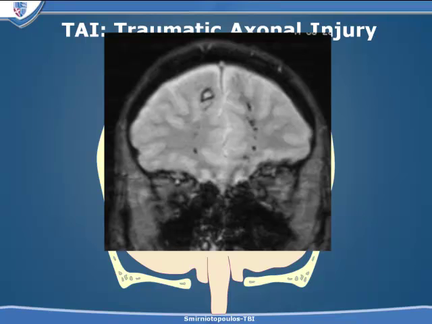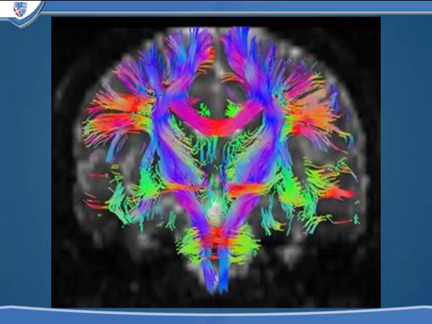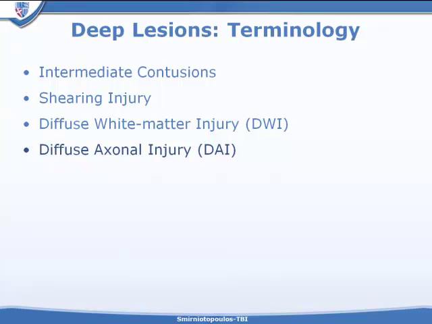And again, we have to consider that there may be other lesions in other locations. Perhaps the best way to identify the tearing of the axons is by doing diffusion tensor imaging and tractography, and a discussion of these techniques is beyond the time that we've allotted for this particular presentation. We must remember that a wide variety of terms are used to describe these deep lesions. Cuckoo-cachoo contusions or intermediate contusions, shearing injuries, diffuse white matter injury, and diffuse axonal injury are all acceptable synonyms, even